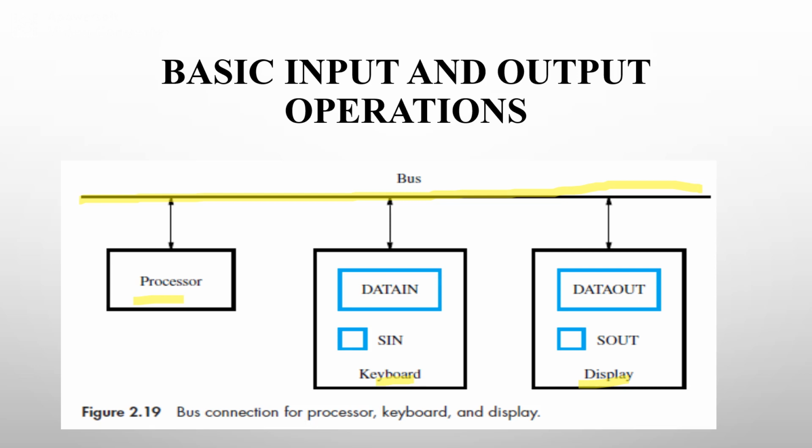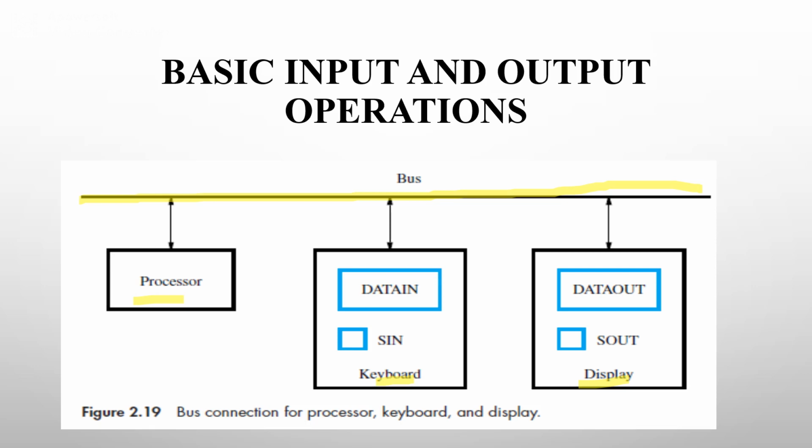Input data transfer rate is limited by the typing speed of the user, whereas the output data transfer rate is very high, since the computer can send thousands of characters per second to the output unit. But the display unit may not be able to accept the characters at that rate. Hence, when I/O devices are connected to the processor, there will be a speed mismatch, and the mechanism to be considered is synchronization.